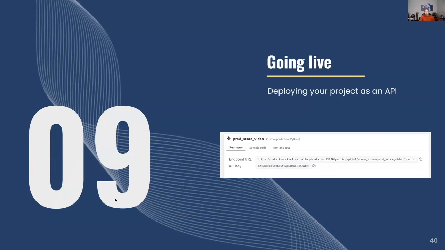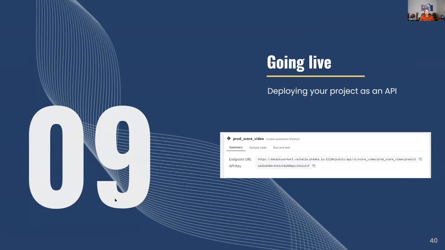So now we want to deploy this as an API. There's a couple things involved here. It gets a little hairy because we're doing some advanced stuff. There's other methods of deploying these APIs that may be easier that Dataiku has worked on in the meantime. But this is a good demonstration of some of the advanced features of Dataiku and how you can deploy